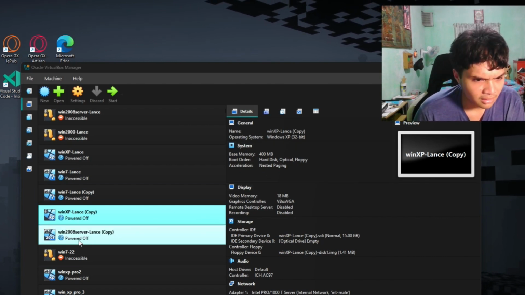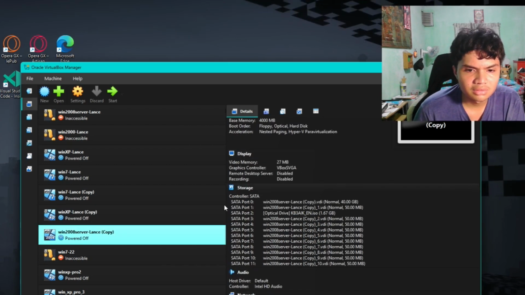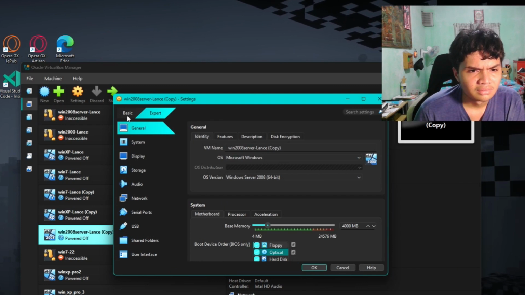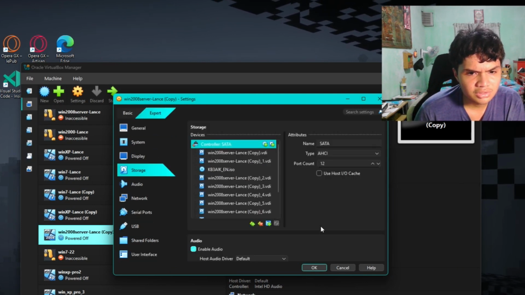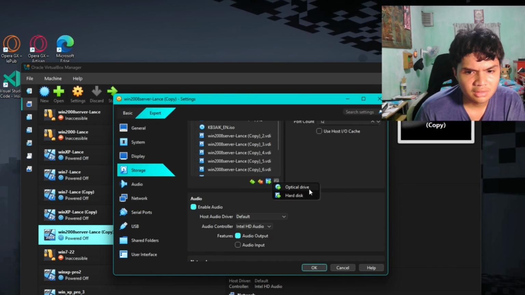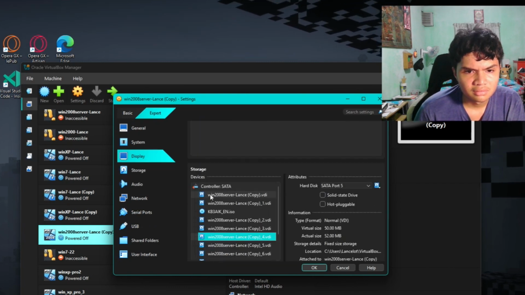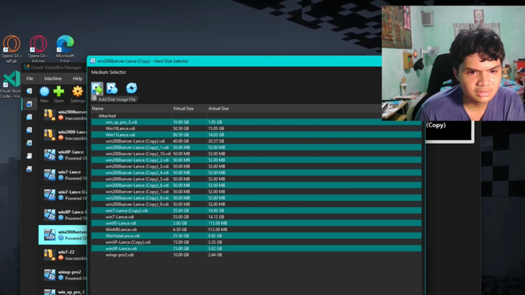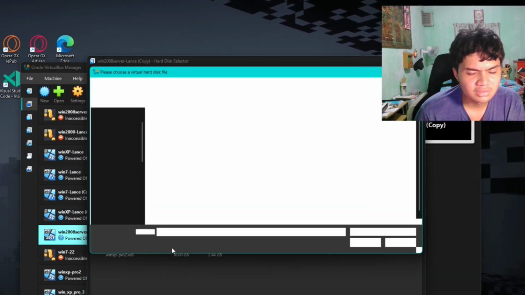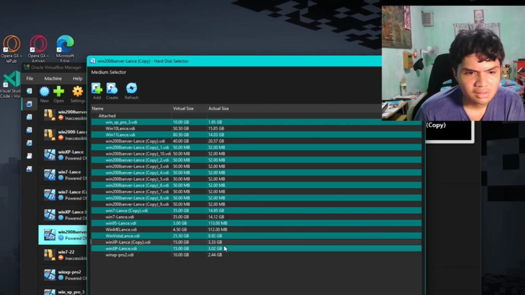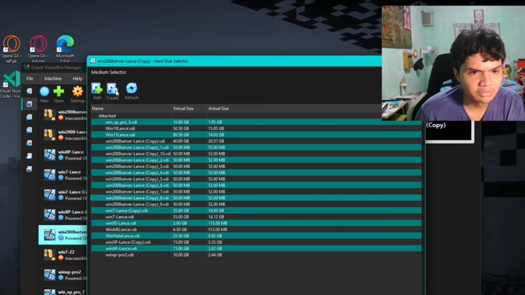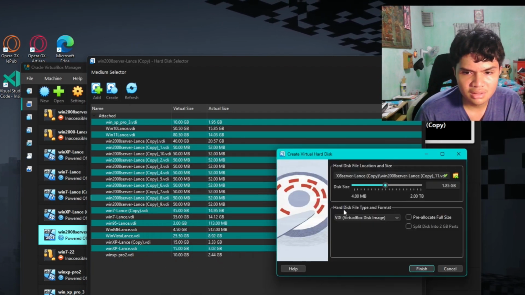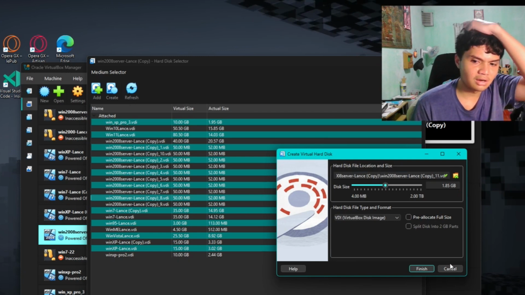Let's start. So I already created the storage. To do this, you go to settings, then go to storage. You need to add a hard disk, and then you need to create or add a hard disk. Add the hard disk image. Right now, my bad. We create a hard disk image. You should make it like 52 MB and it's just to create it in the hard disk.